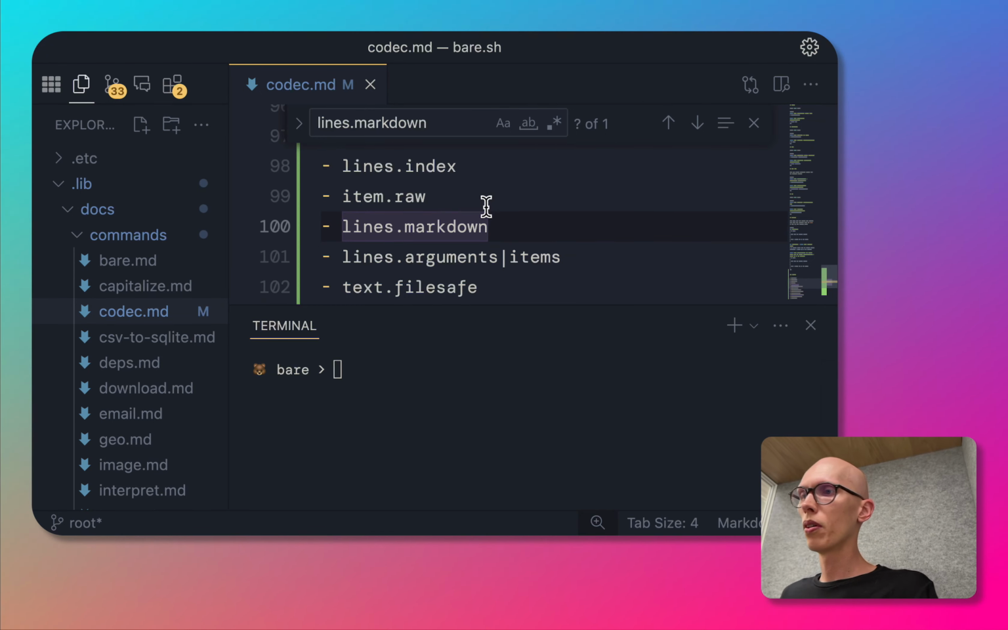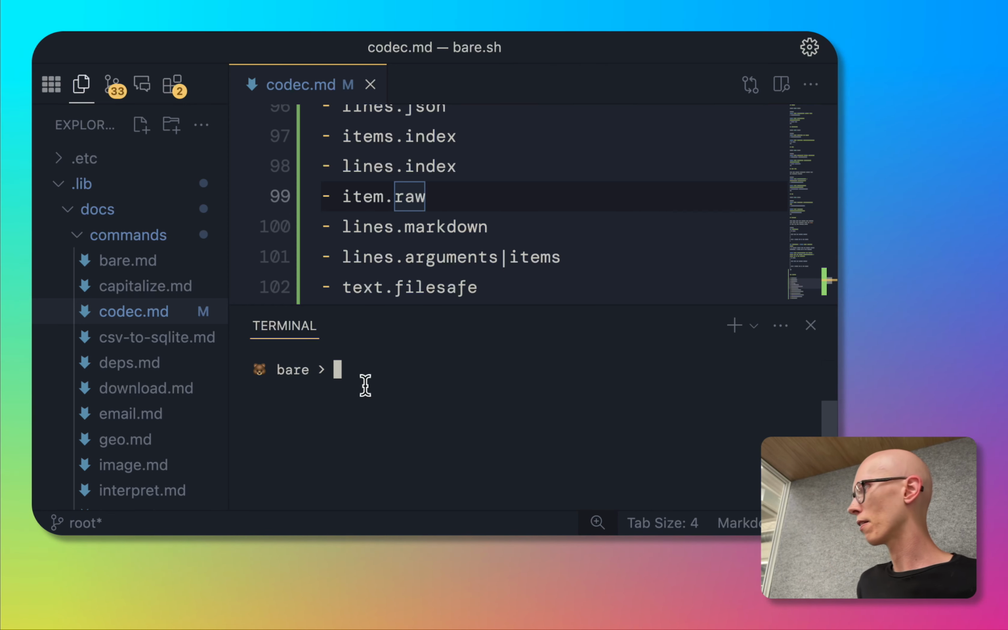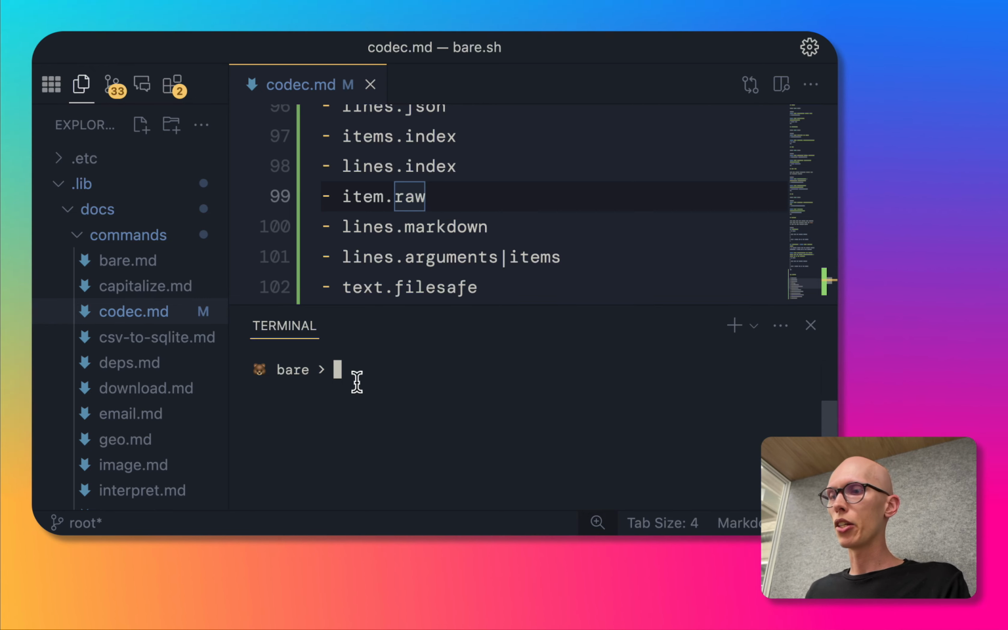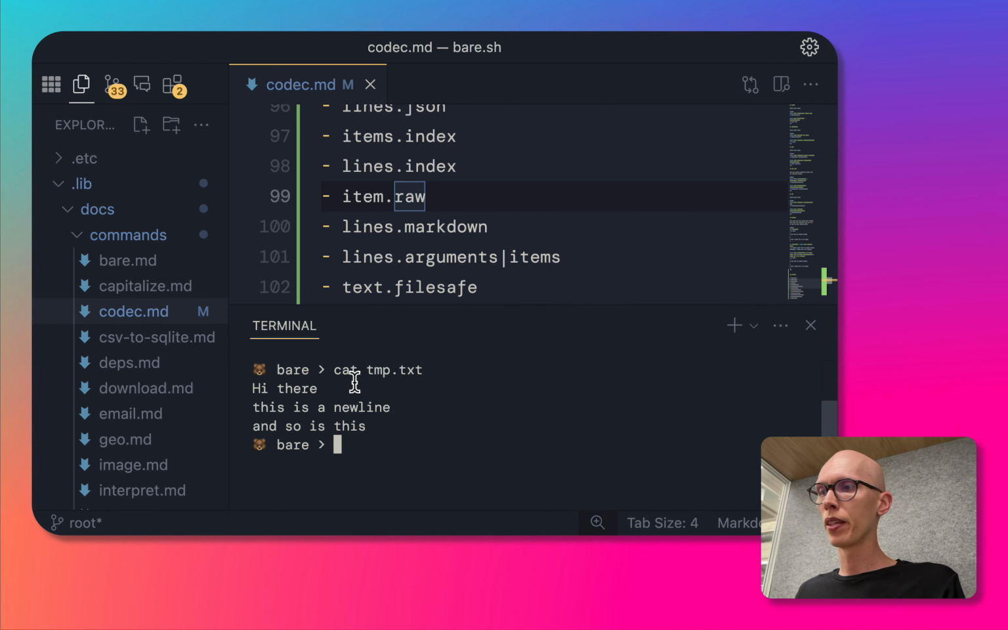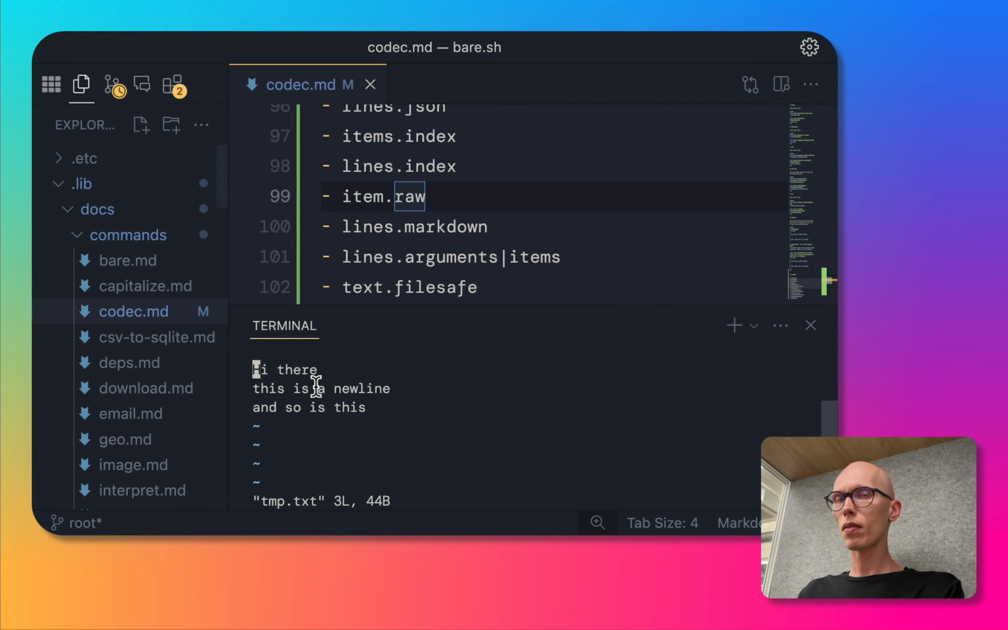All right, so lines.markdown. This is a pretty interesting one. Technically, inside of a markdown file, whenever you're rendering markdown and you have something like this, right? Let's take our temporary text from earlier. If you have just a straight line break, right? If I open this up, we'll see here, if I go to the very end of the line, I have